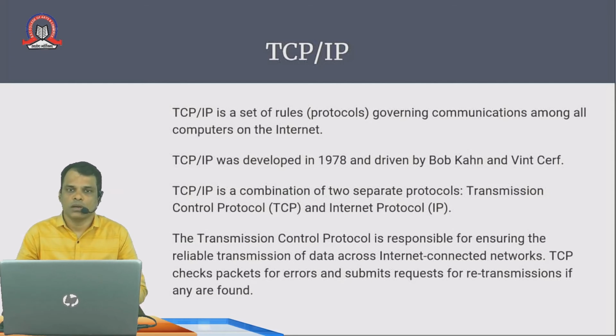So what happens? Usually when we pass data, it gets divided into packets, small pieces, and then these pieces get transferred from one computer to another. Once they reach the destination, they combine again and you get the full data there. If while transferring, a packet reaches some other destination by mistake, then it is resent to the original source. All these things are controlled by the TCP/IP protocol. There are so many things which are controlled by TCP/IP.